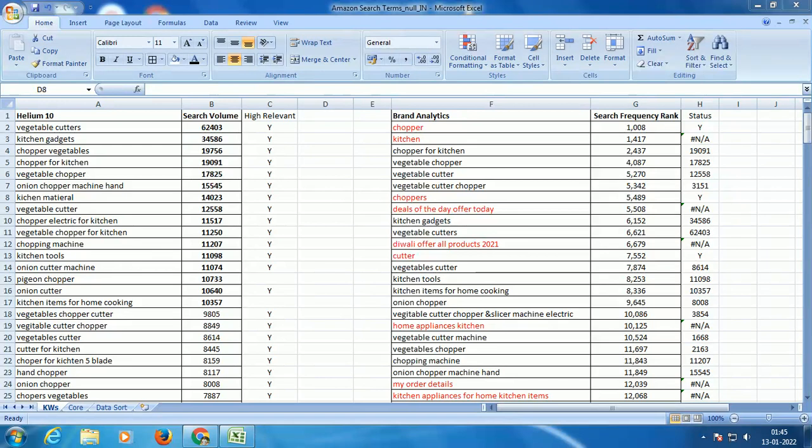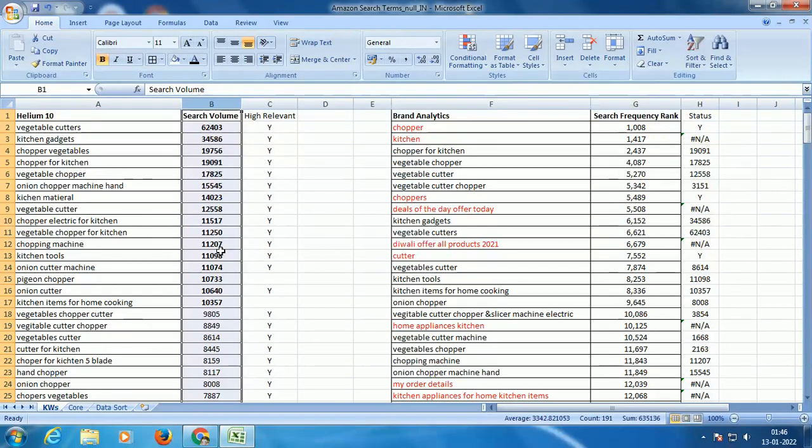So in one of those videos I have spoken about keyword research using Helium 10, right? And in another video I've spoken about keyword research using your brand analytics, right? So when you look at Helium 10, you have various customer search terms along with the search volume, right? So the first thing that I've done is I have looked at the search terms which have got more than 500 searches, and I've made a note of all those keywords here.